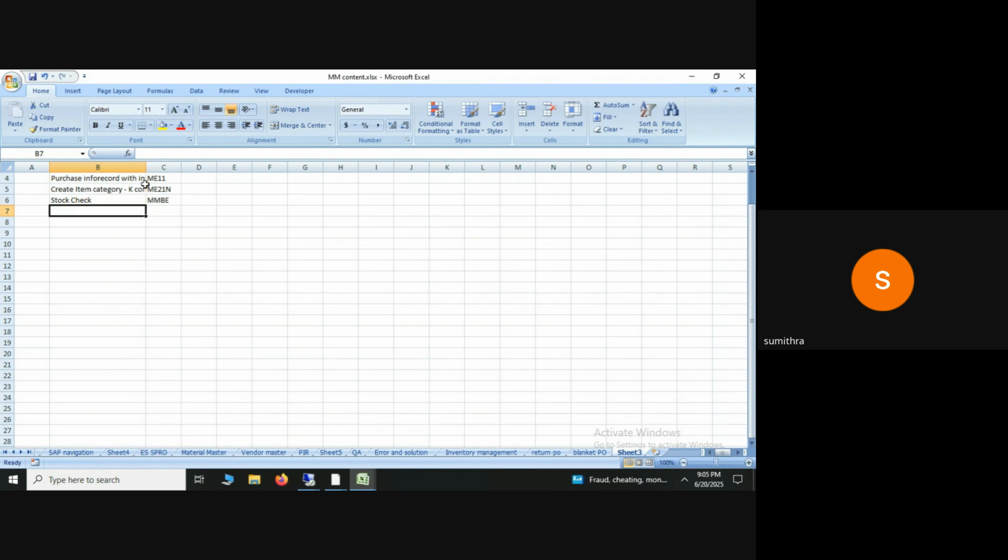And what did we do next? Then we did the goods receipt. Goods received with movement type 101, as we are receiving everything in the MIGO transaction. Again, we checked the stock in MMBE. Then again we went back and did the goods receipt in the same transaction code,